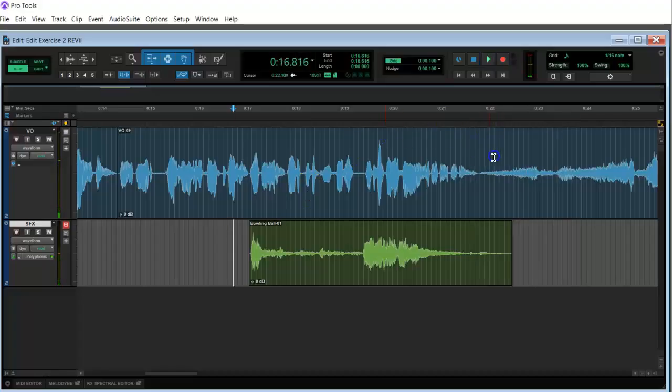Then we have those pigs. That pig sound effect is actually going to have to come over here. But you see what I've done. I just dragged this in slip mode, and so we hear the bowling ball happening when he's talking about the bowling story. But now let's go ahead and cut out the sound of the pigs. This past weekend. All right, the pigs are right here, so that's letter B.